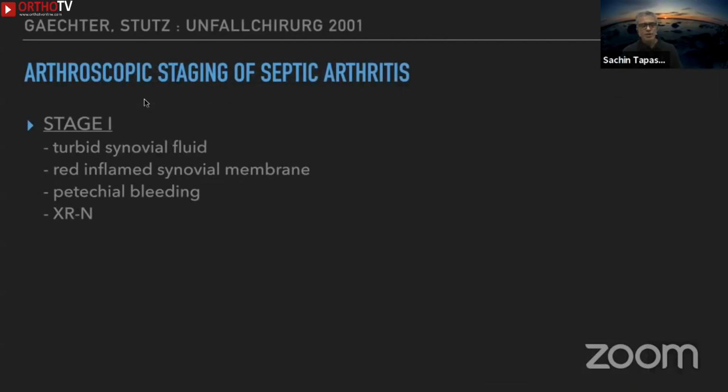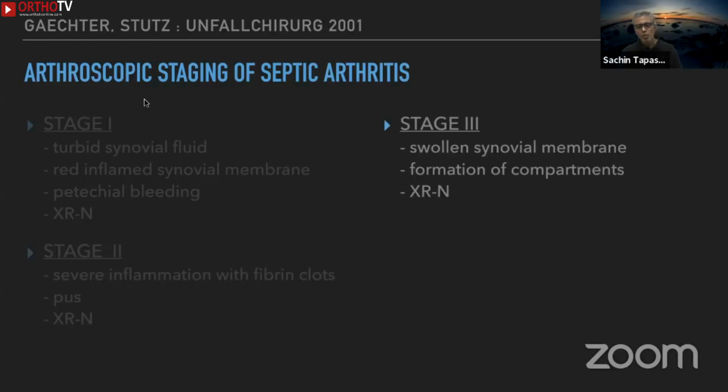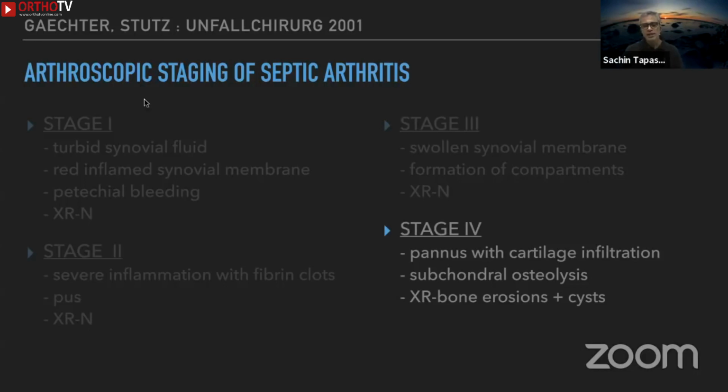Arthroscopically, you can stage your septic arthritis into stages. Essentially, that's something that we all will look at. But the key to remember is that in the first 3 stages, where it is slowly affecting and infiltrating the synovium and leading to infective synovitis, your X-rays will be normal. And only when it reaches stage 4 would you start getting bone erosions and cysts,